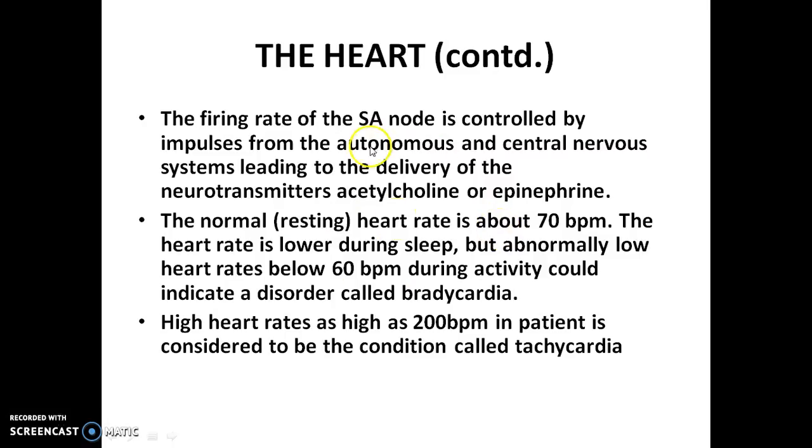The normal heart rate is 70 beats per minute. If the heart rate is very low, like 60 beats per minute, then there is a problem in the heart, and it indicates a disorder called bradycardia. When the heart rate is very high, suppose 200 beats per minute, the condition is called tachycardia. So in these disorders,